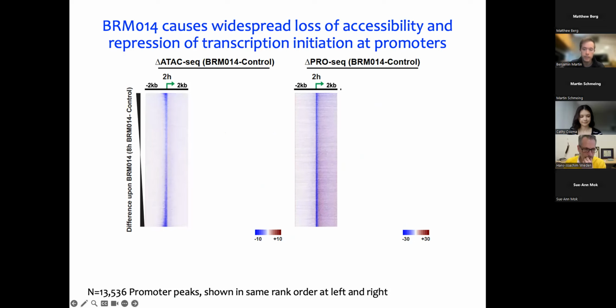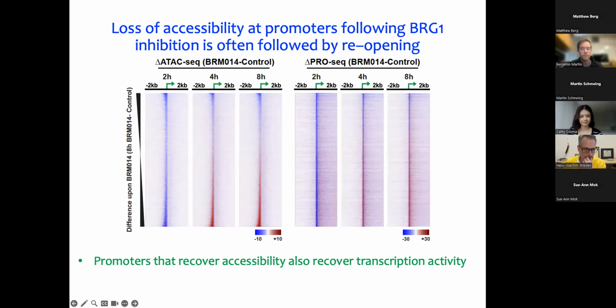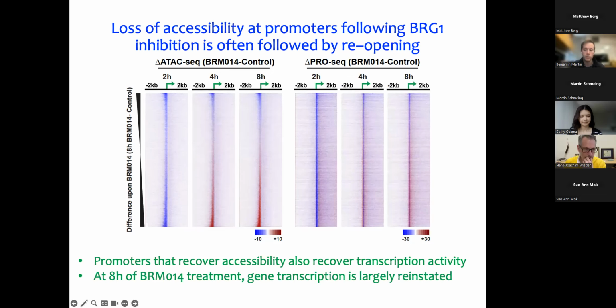But now this changes as we extend the duration of treatment to 4 or to 8 hours, when a majority of promoters bounce right back and even overcompensate in accessibility, with a red signal in the heat map indicating ATAC-seq signal increasing relative to DMSO controls. And when accessibility bounces back, transcription follows. So when we investigate gene activity at the 4 or the 8 hour time point, most promoters are now back to their normal expression levels. So this suggests that cells compensate for loss of switch-SNF activity at the majority of promoters. And this means that after 4 or 8 hours of switch-SNF inhibition, what we're really studying at promoters is